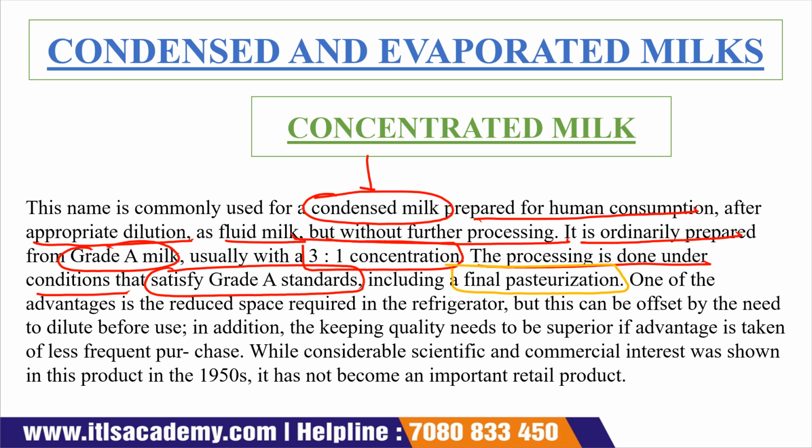One of the advantages is the reduced space which is required in a refrigerator. So the main advantage of this condensed milk or concentrated milk is that it reduces the space required in a refrigerator. It is not necessary that it should be kept at a refrigerated temperature. It can also be kept at normal room temperature, but this can be offset by the need to